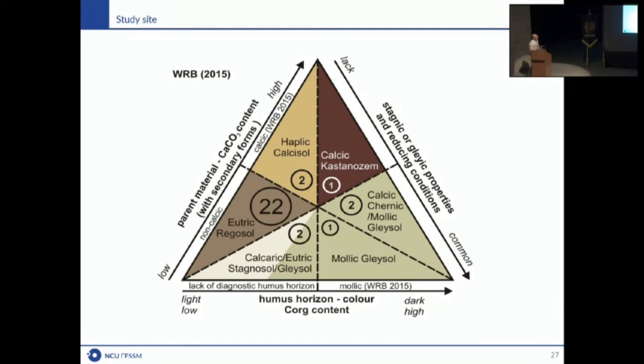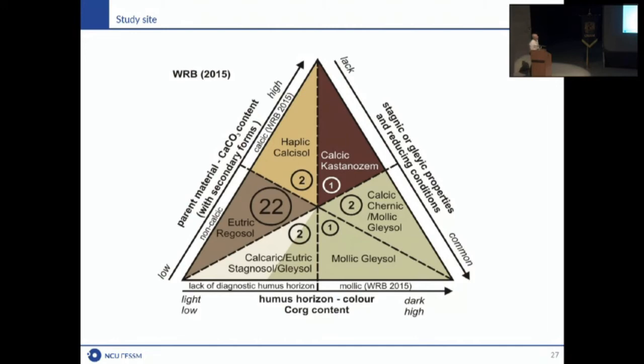Another two groups: this one is connected with the soils which are more or less dry, without big influence of groundwater or stagnation of water. Here is the group of the soils which have this influence. And the last, which is important, is the amount of organic carbon and development of the humus horizon. Is it strong enough to be mollic or chernic in this part? And this part on the left side, is it not enough? So it's just, for example, ochric, as a qualifier in the WRB.